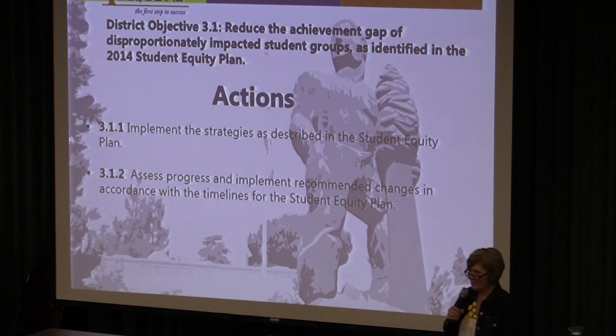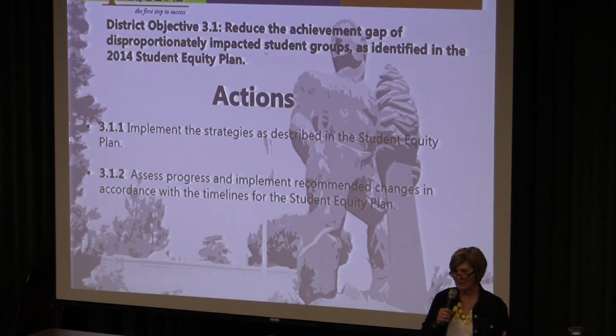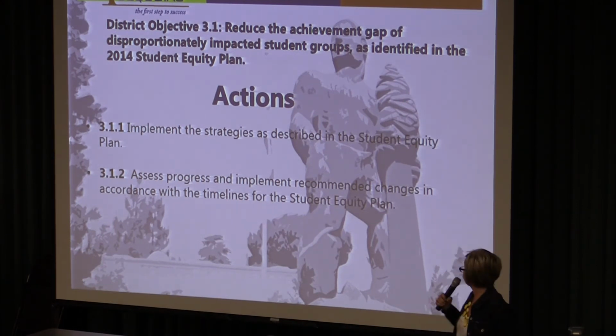And then we're going to make sure, like Cindy said, that we assess what we do in the equity plan and see that it actually moves the needle, because it's silly for us to keep doing things over and over and over and not improving student success. That's why the equity plan is written so specifically, and that's why the strategic plan is not listing those things out one by one. But we will be looking at the assessment plan. That's part of the strategic plan's objective and action, to look at the student equity plan and make sure that what it's doing is improving student success.